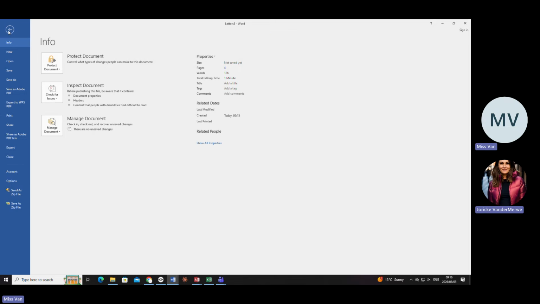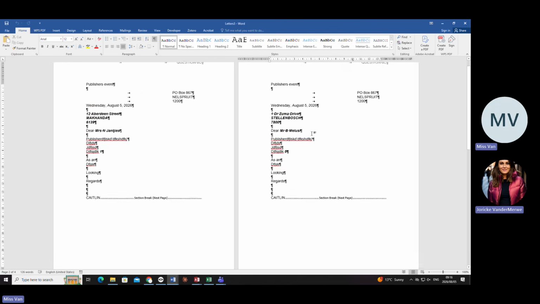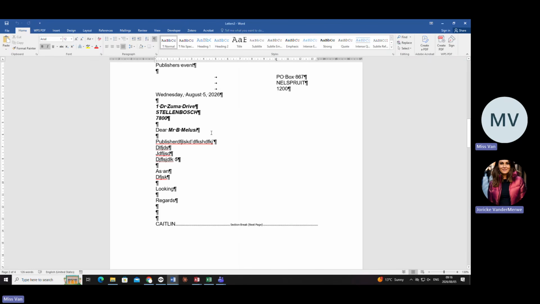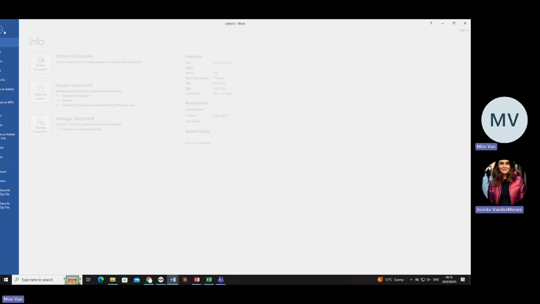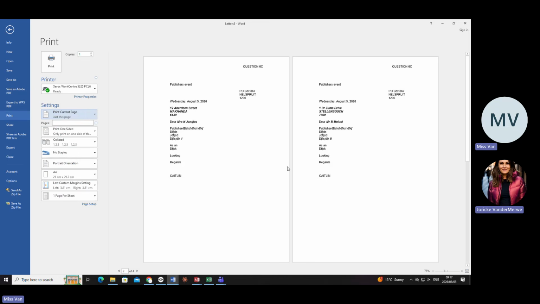So go to File, say Print. Now let's say it was only this one, only Malusi. You can either put your mouse anywhere on that one, and you say File, Print, the current page. Are you with me, darlings? Then it will print only that page. Or you can say print all the pages, but only number 2 actually, because that's most now the one you want. But for the exam, they ask for number 2 to 4. Are you with me, darling? Are you going to print it like that?